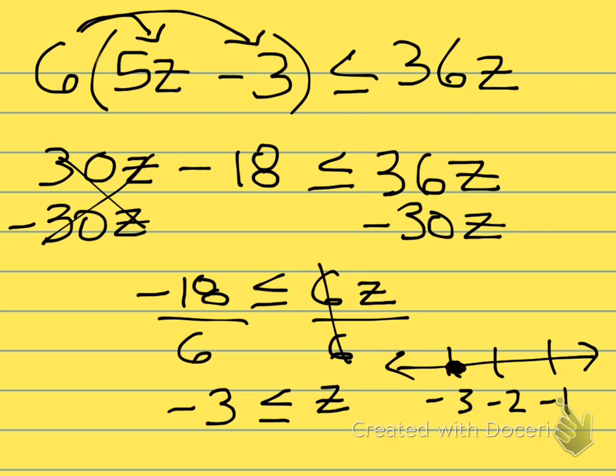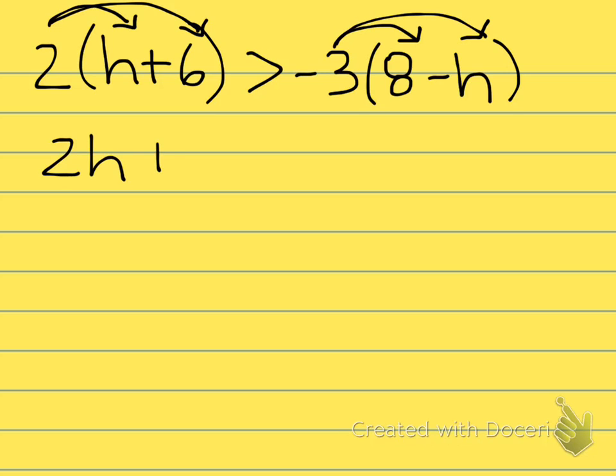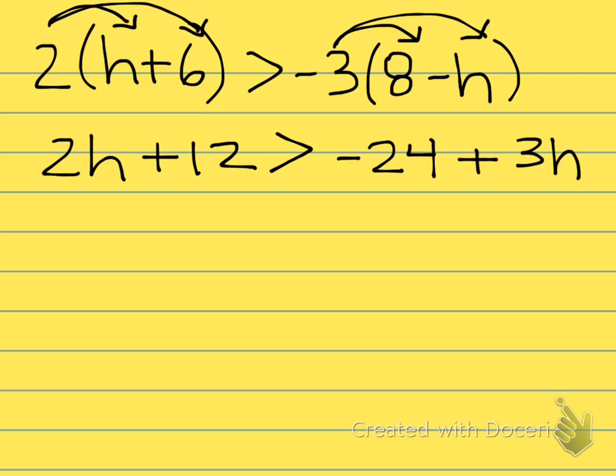So that would be a closed circle going towards the right. Another one like this. Here we have to distribute twice. So we're going to distribute on both sides. We get 2h plus 12. Bring down the symbol. Negative 24 plus 3h, because you are going to have a negative times a negative there,